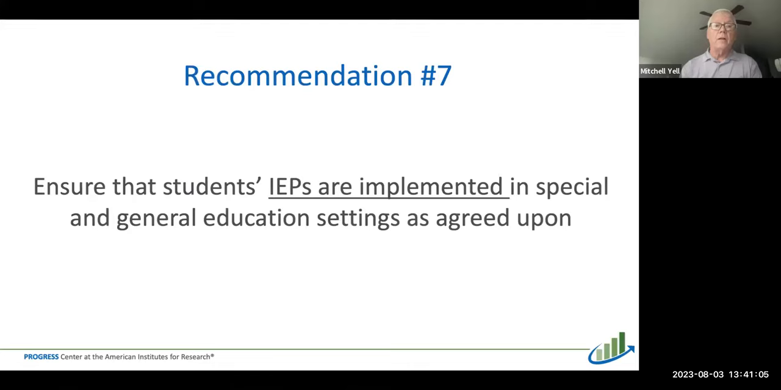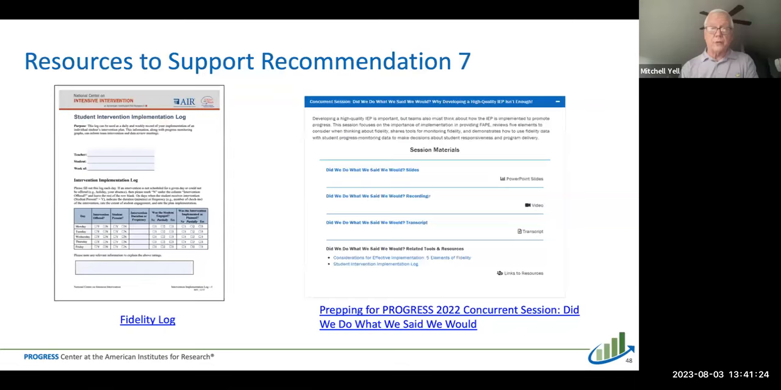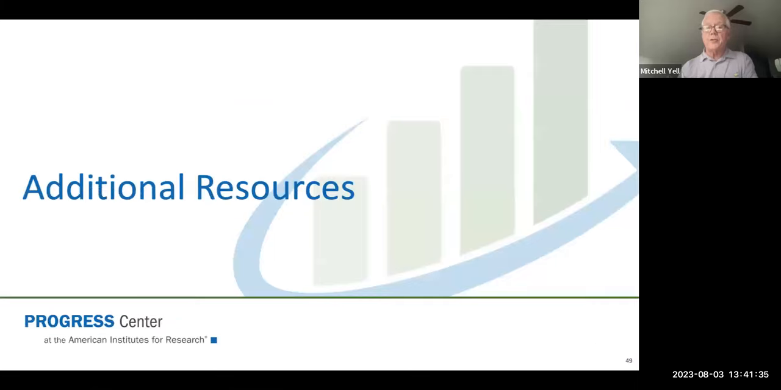that all aspects of the IEP are implemented, not only the services and the supplementary services and the program modifications, but also the amount of services that you said you'd provide. Now, in the next slide, more resources are available to you that are really good. And while we go to the next slide, I want to take just a second to